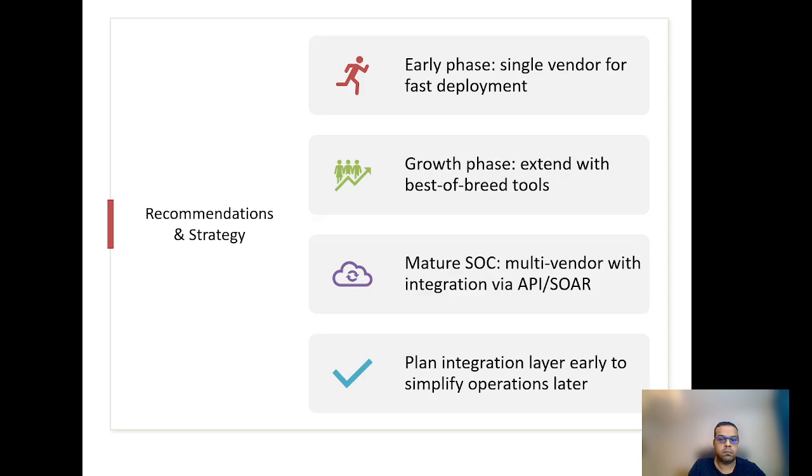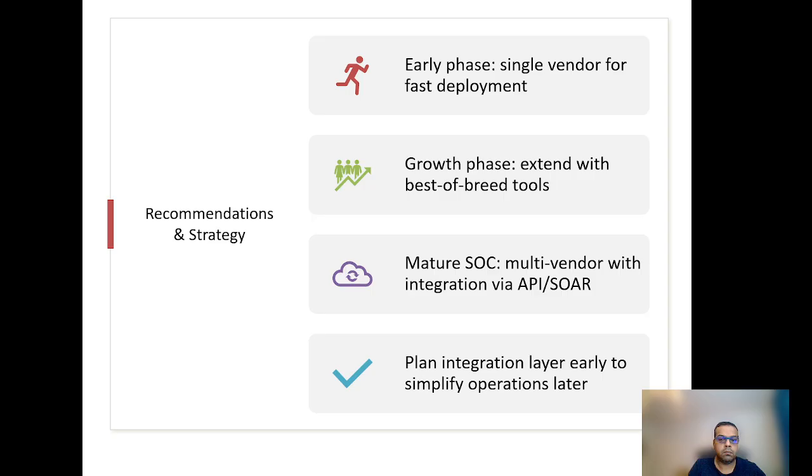Recommendations, like I mentioned before: start with a single vendor for faster rollout and policy consistency when it comes to enforcement. That's the early phase. If you are in the growth or optimization phase, you can integrate best of breed tools where the vendor ecosystem is weaker.